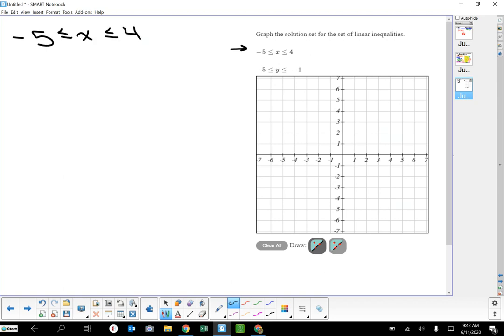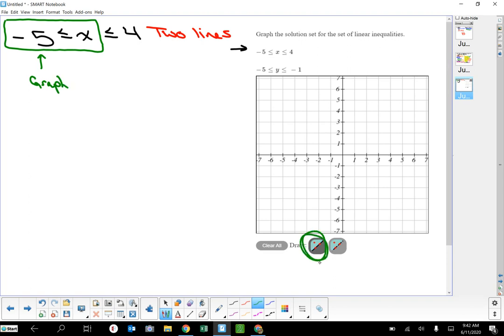And what I want you to do is to think about this. This is actually two lines. It's two separate problems. And so what I want you to do is box off from the left to just past the variable. So you're going to box off from the left side to just past the variable. And that is one of your equations. So that's negative 5 is less than or equal to x, which means that x is bigger than negative 5, right? So if I graph this line,